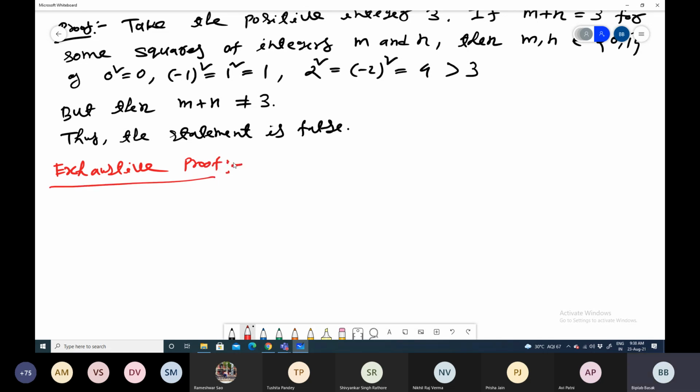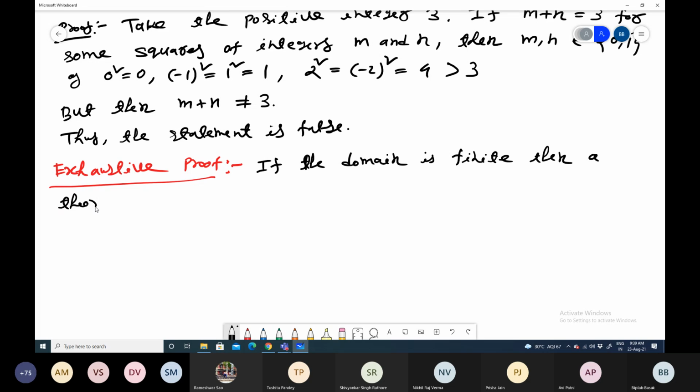So what is this? Now if the domain is finite, then a theorem... but I did not define what is a theorem, right? So today I shall define. So what is theorem? I should define it. Okay. So if the domain is finite, then a theorem can be proved